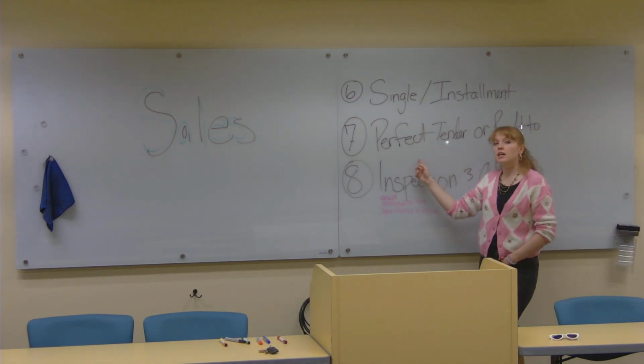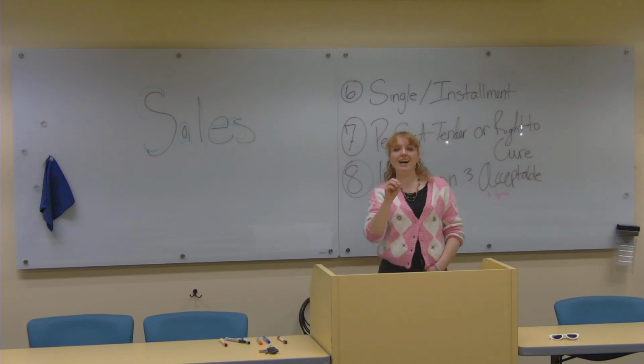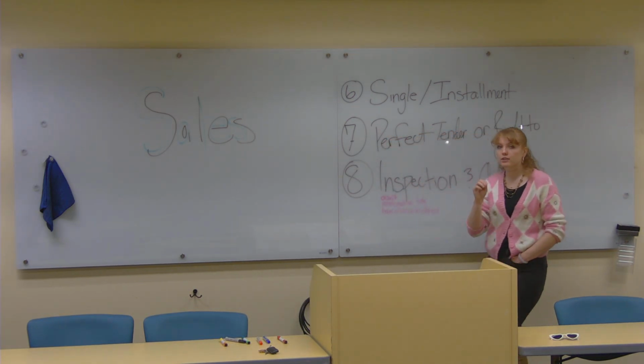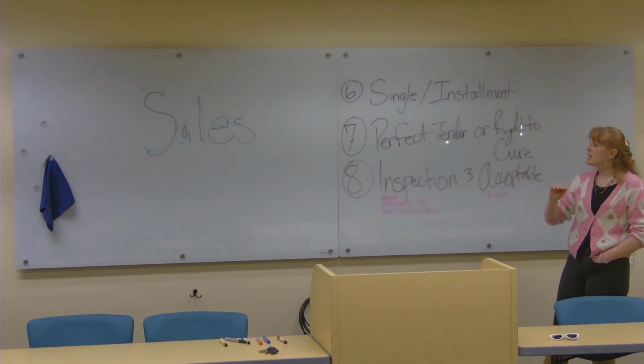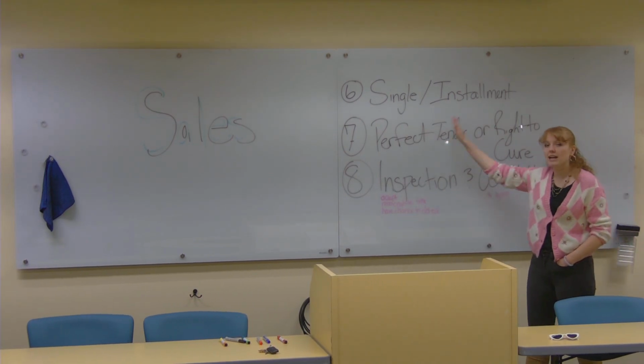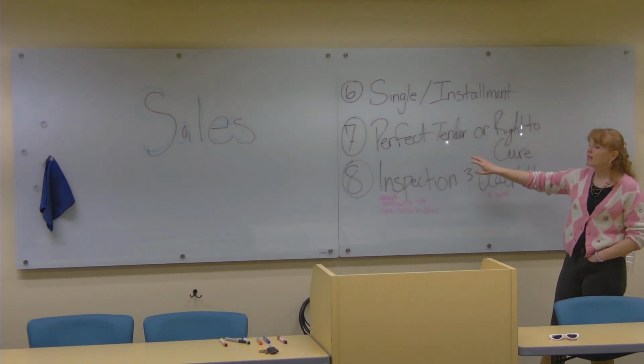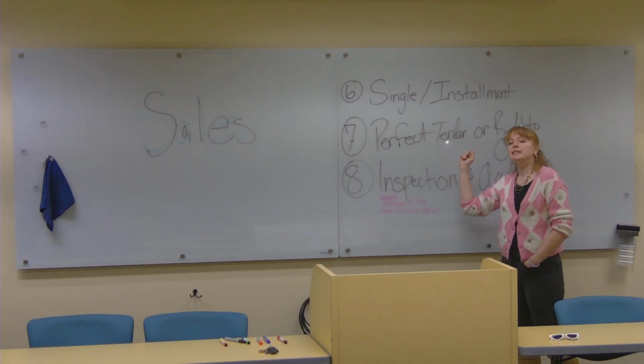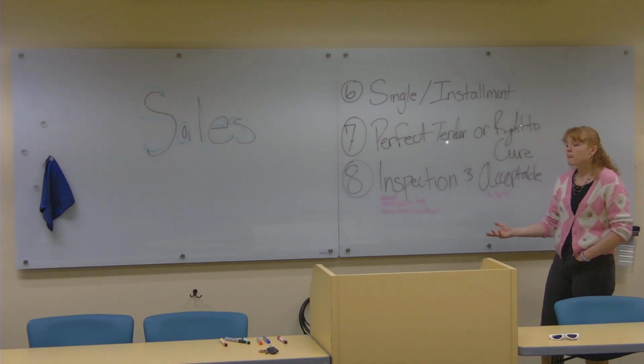If the seller does not provide me a perfect tender of what I ordered, and they do not furnish what I ordered exactly to the T, I can say, nope, don't want it, and I can flat out reject it. Now, if they do provide a perfect tender of what I ordered exactly, then as a buyer,